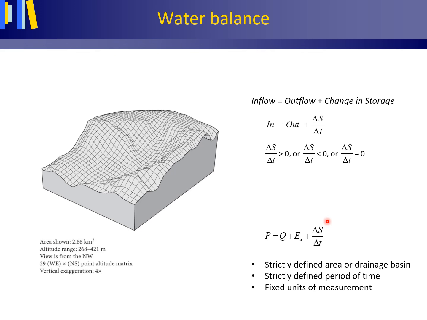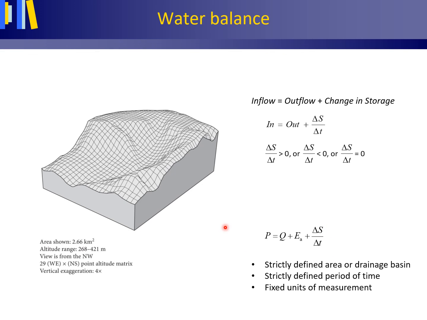In the book, I'm giving you the example of the water balance of the Netherlands, and when you're working with the exercises in Chapter 1 and also the additional exercises that you find on the Online Resource Center or in Blackboard, there are some tips I will give you, some rules that you should always abide by. Always use a strictly defined area, or in this instance, drainage basin. You cannot state the rainfall for a certain portion of the catchment and then look at the discharge from all of the catchment and insert these numbers in this equation.